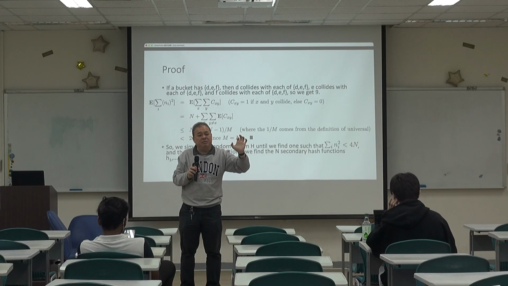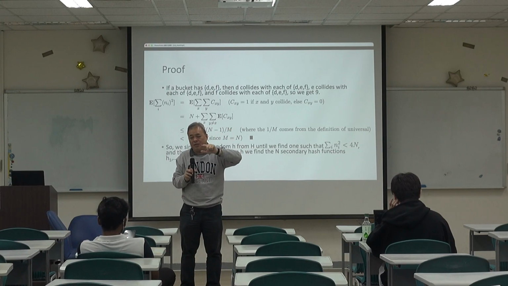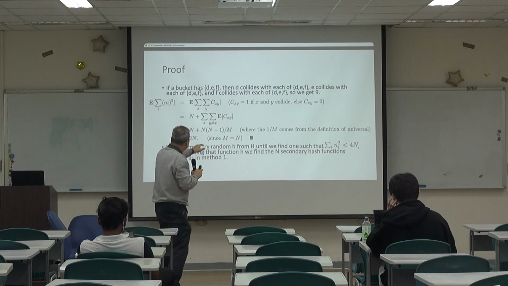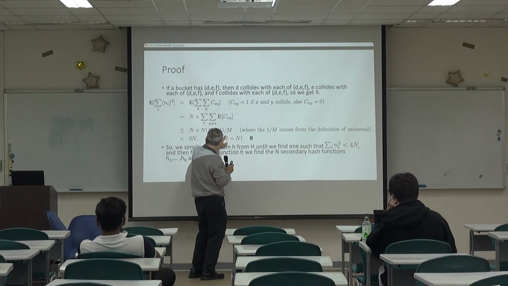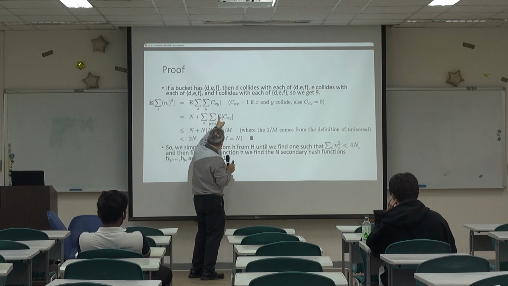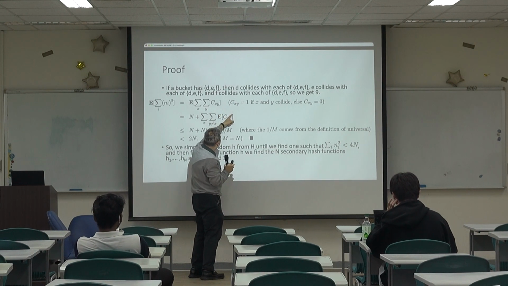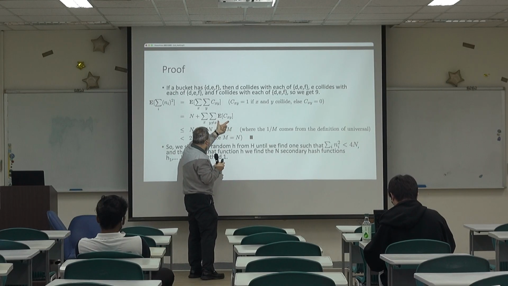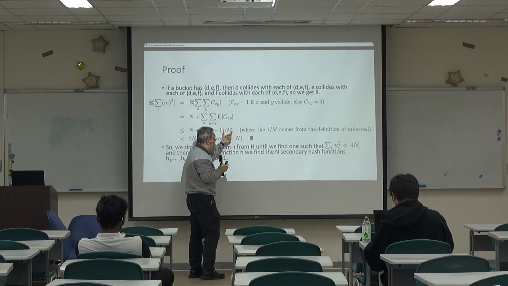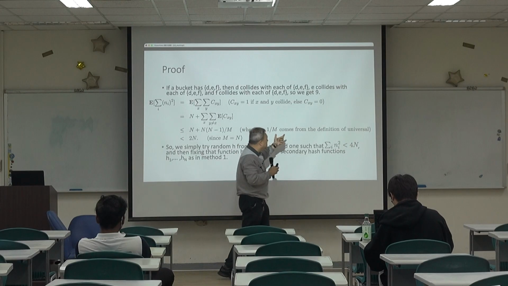So this is like a permutation, not a combination. Okay, so it's n times n minus 1, right? So totally we have n times n minus 1. How many pairs do we have? We have this many pairs. And what is the expected c_xy when x and y are different? This is 1 over n, right? Why is it 1 over n? Because